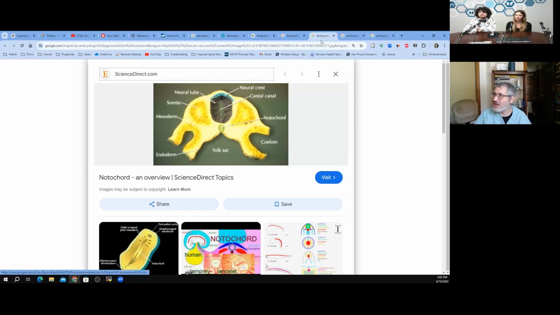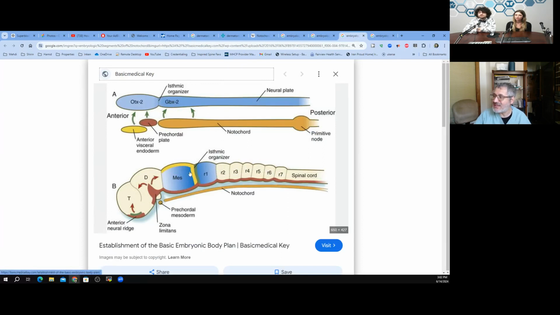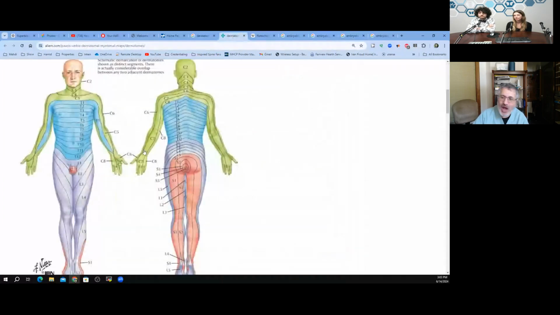And now all of a sudden you understand how these segments come to be. Each of these is a segment. The first 12 segments become our brain and the nerves associated with that. And then we have 7 cervical, 12 thoracic, 5 lumbar, 5 sacral, and then they grow along the way. But let's go back to this. Why is it so different?